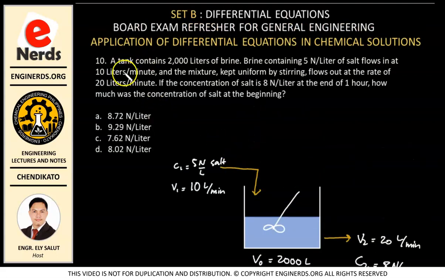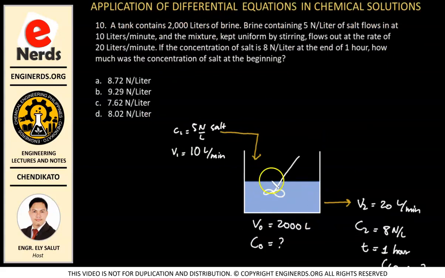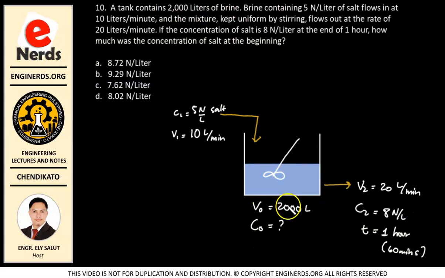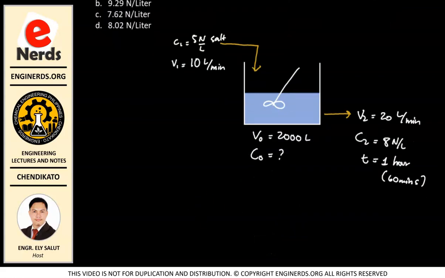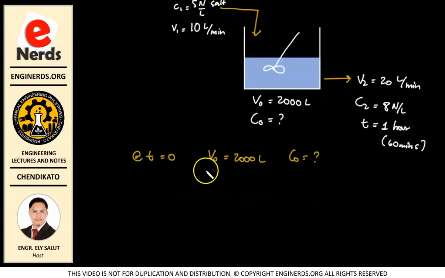Remember that what is given to us is a brine in our tank, 2,000 liters of brine. So that means this already contains salt. That is what is being asked of us: what is the concentration of salt at the beginning of the process? Alright, so we know that at time equal to 0, our volume is equal to 2,000 liters. But we do not know our C0. That is our required. So, let us let Q